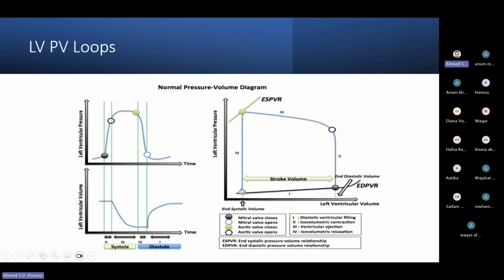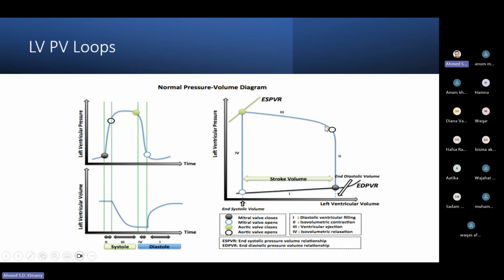And at this point, again, the mitral valve will start opening. Opening of the mitral valve will initiate the left ventricle diastolic filling phase. And you will notice that the left ventricle volume will increase from this point till this point. So the left ventricle will start the filling from the opening of the mitral valve till the closure of the mitral valve. So this phase is equal to the left ventricle diastolic phase,